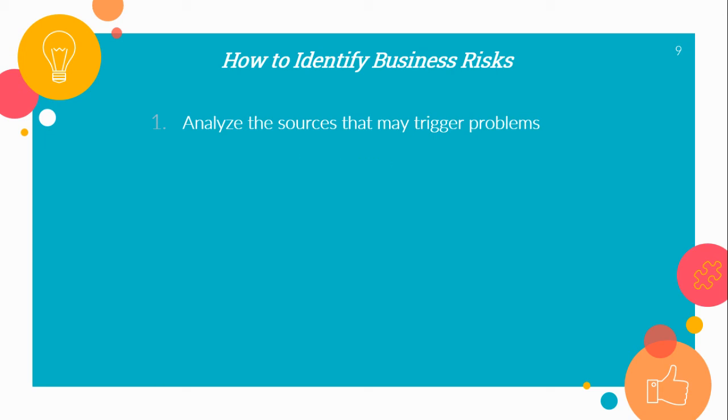management strategy. So first is analyze the sources that may trigger problems. It is important to identify and analyze the sources that can cause a problem. Risk triggers can be internal and external. Next is you should act now. Managers shouldn't wait for potential problems to become actual problems before they start doing something. So the moment a problem is deemed to be a threat, it should immediately be dealt with by the company's executives by devising a plan of action in the event that the risk becomes an actual full-blown concern facing the